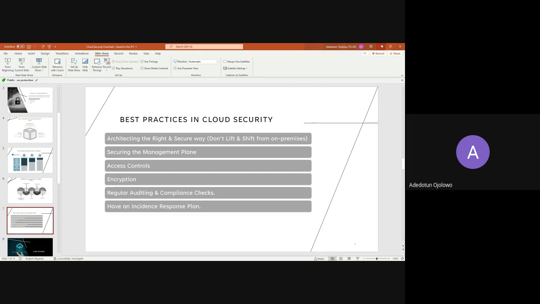So there's a very important need for you to maintain vigilance and ensure that you are regularly improving your incident response plan, because threats are always going to be there. And it can't be stressed enough that